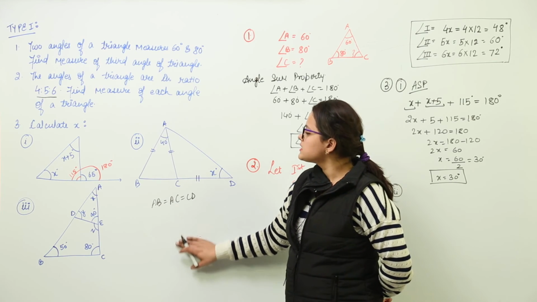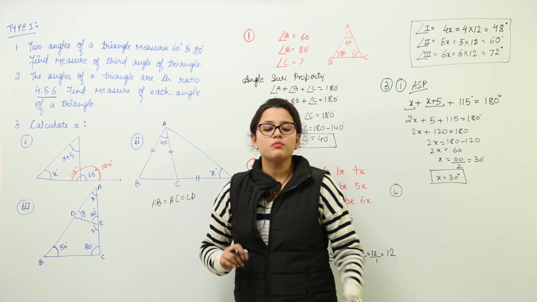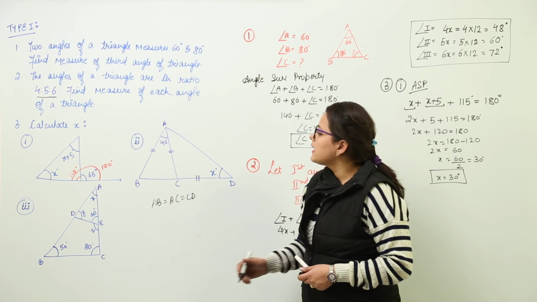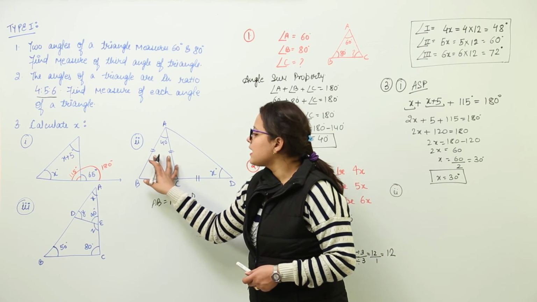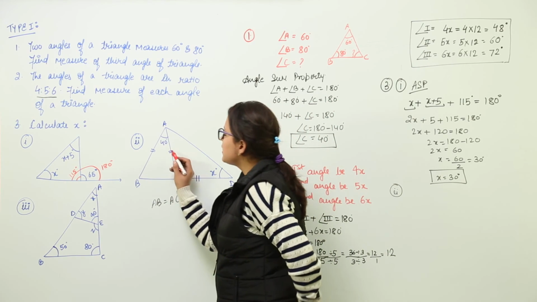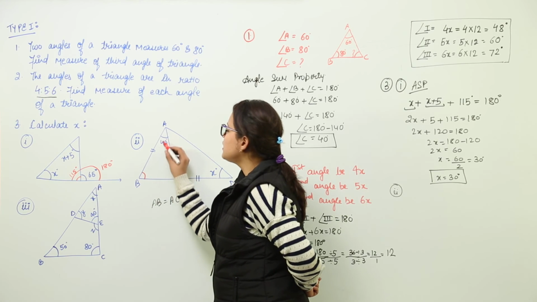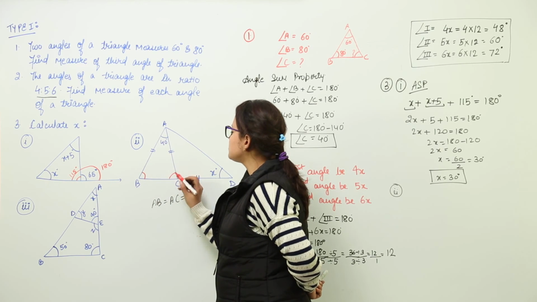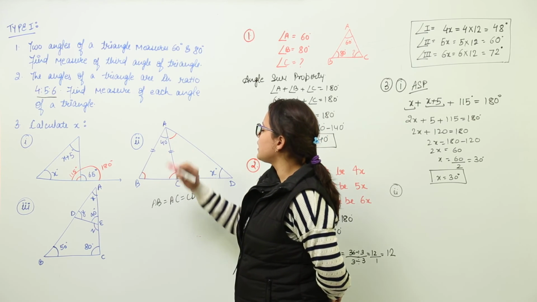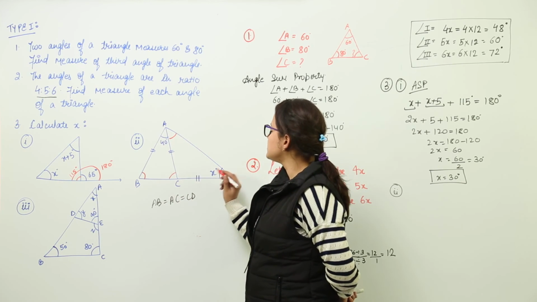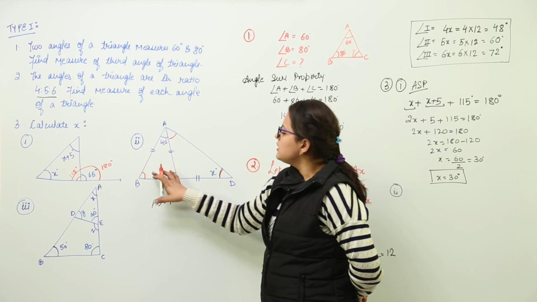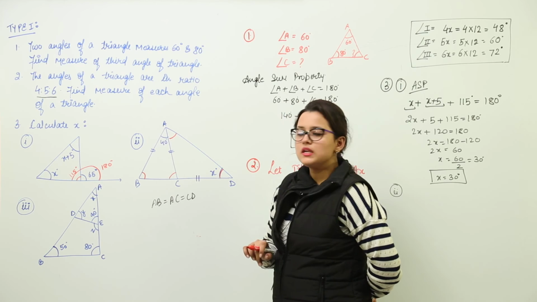So if the sides are equal, we have studied one property: angles opposite to equal sides are equal. That means these two sides are having some two opposite angles to them. Yes, and what are those angles? Angle opposite to this side is this one, angle opposite to AB is this one, angle opposite to CD is this one in this triangle, whereas angle opposite to AC is this. So we can find out that these four angles are going to be equal.